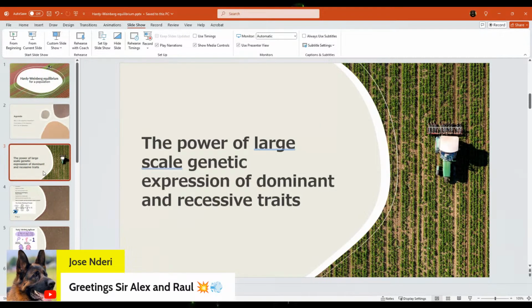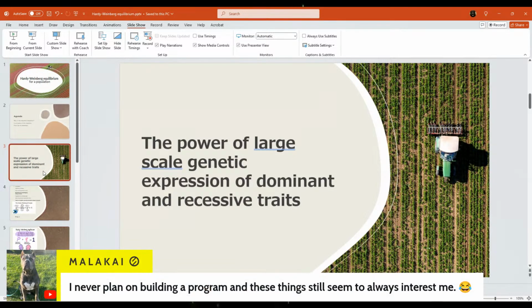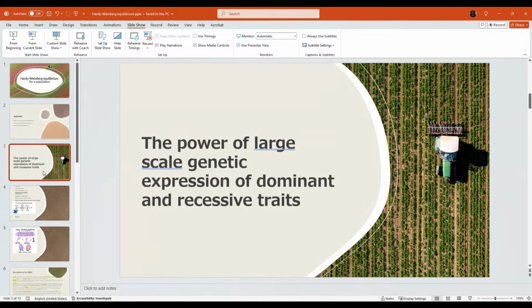Okay. So you cannot do this with even 30, 40 individuals. This assumes thousands. Actually, it assumes an infinite number of individuals, but you have to have over 1,000 for this equation to even work. So if you think this will apply to your yard, the answer is you can't. This is not designed for small population sizes.